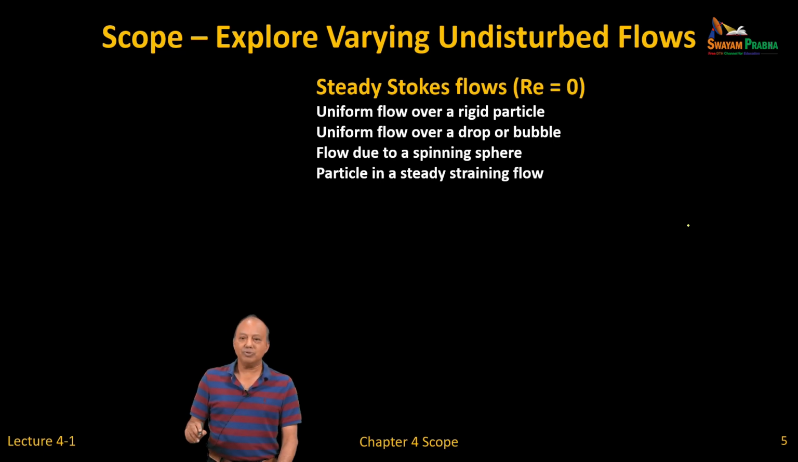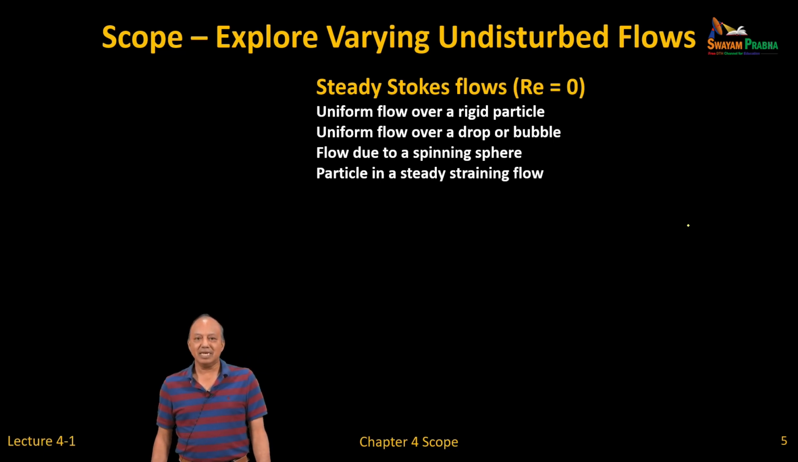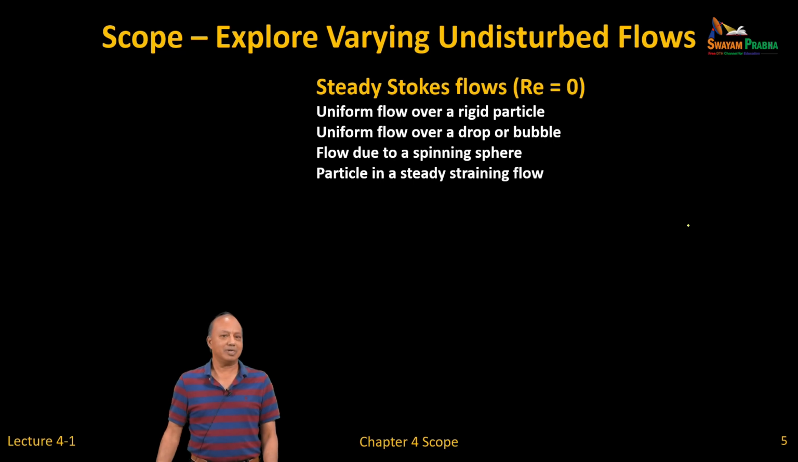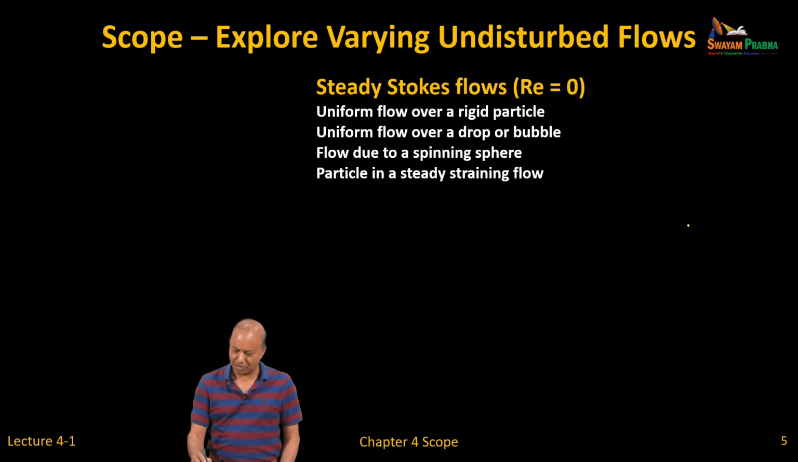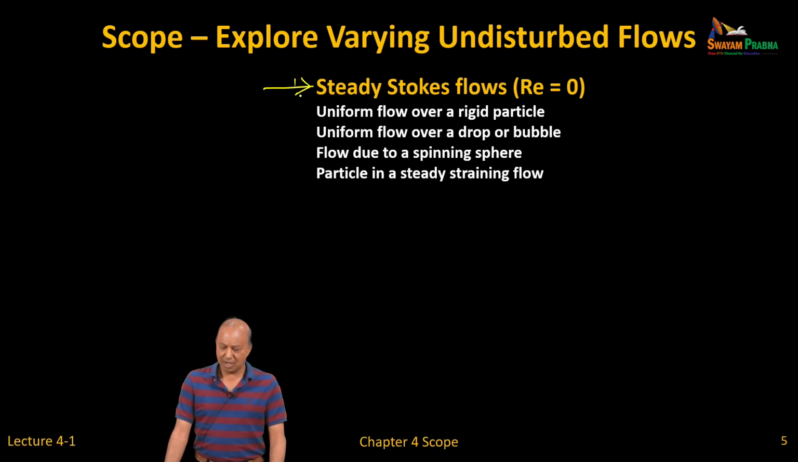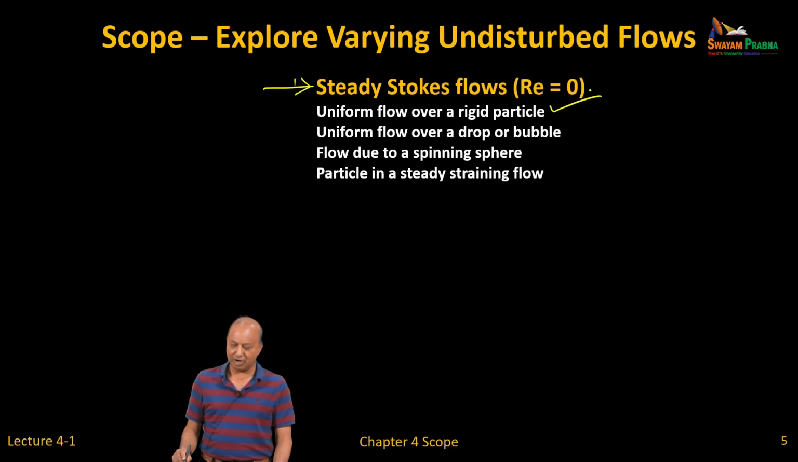So what I'm going to do in the next 15 minutes is first talk about what is the perturbation flow in the low Reynolds number limit. I'm going to consider 4 classic problems in the steady Stokes limit. So the flow is low Reynolds number and the flow is steady. The first one is the classic problem, Stokes drag, which is uniform flow over a rigid particle,